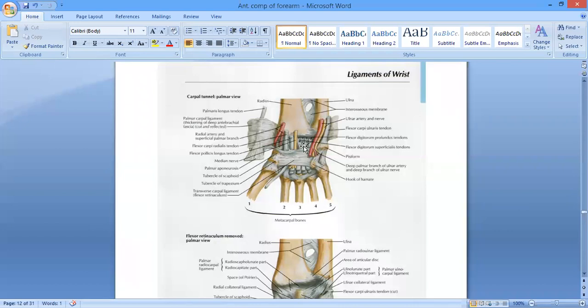The passage of the long flexor tendons, to leave the forearm and enter into the hand. Is it clear, beta? Attachment is understood, no problem in attachment? And here you can see